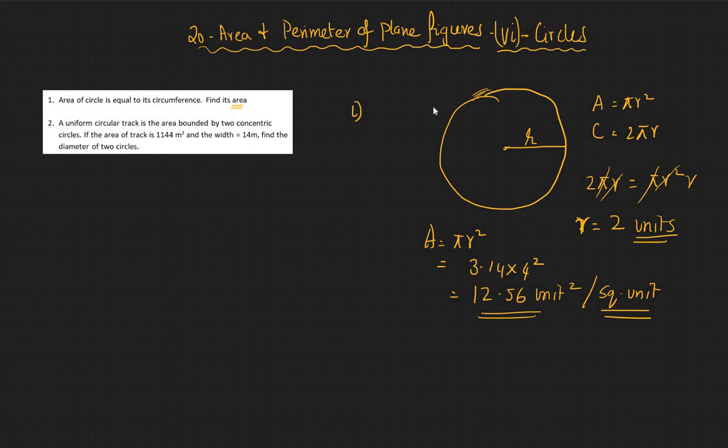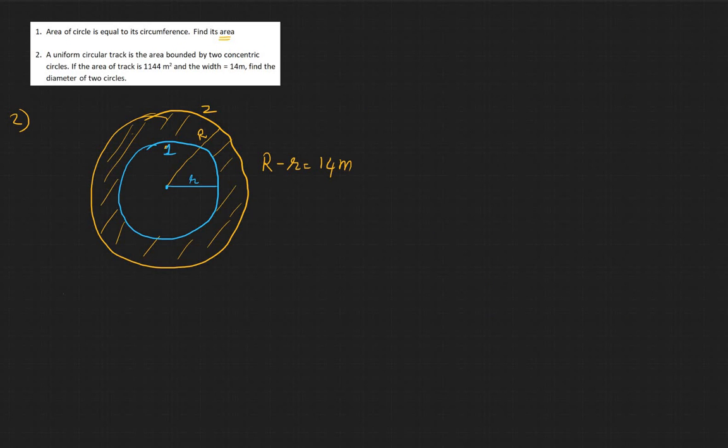Let's look at the second problem. Try to pause the video here and visualize the problem by drawing the pictorial representation. In this problem you have been given two concentric circles. The inner one, let's say circle 1, is of radius small r. The outer one is of radius big R. It's been given that R minus r is 14, and